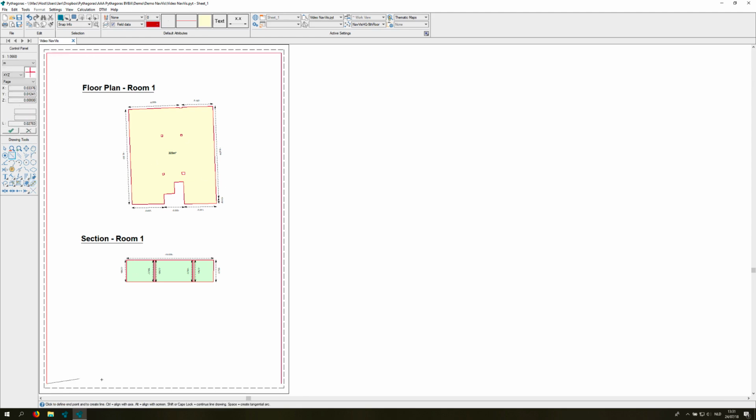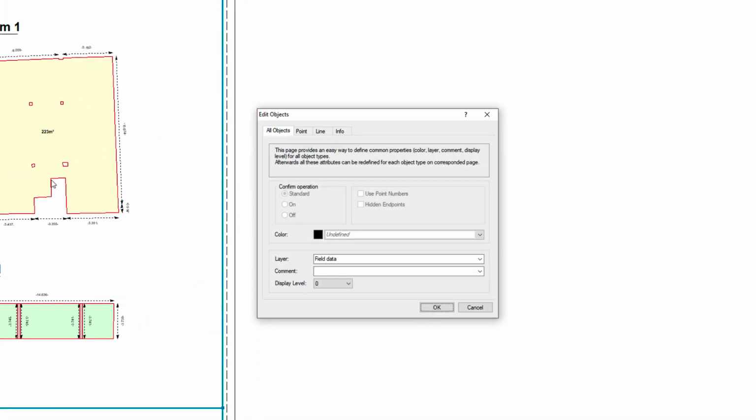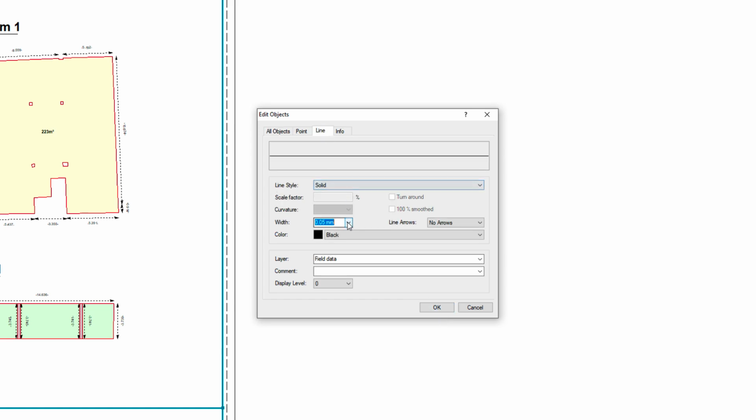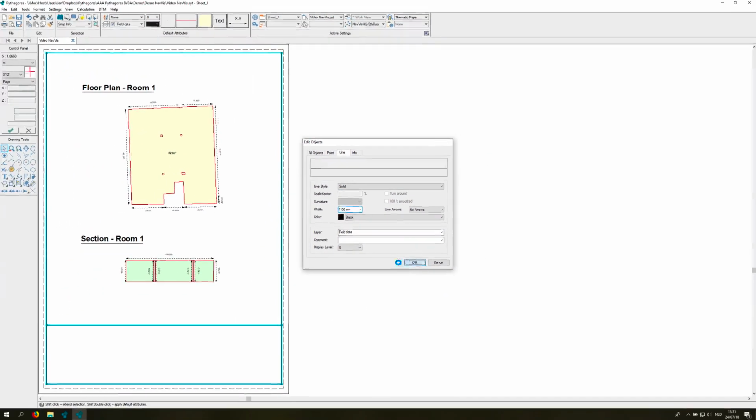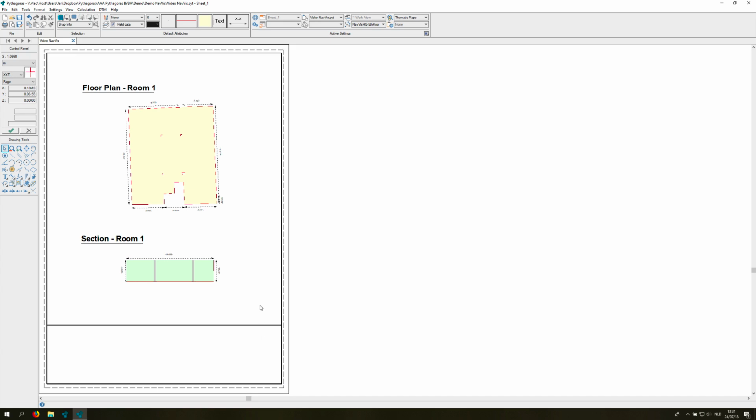So we just draw these lines, create offsets to certain lines, and now we edit the style, so we edit the color and the thickness of the layout objects.